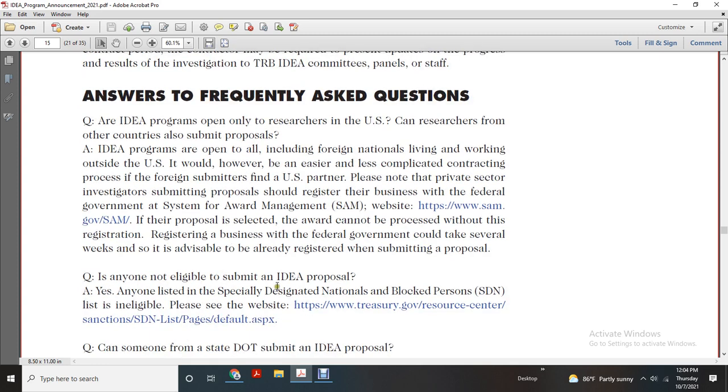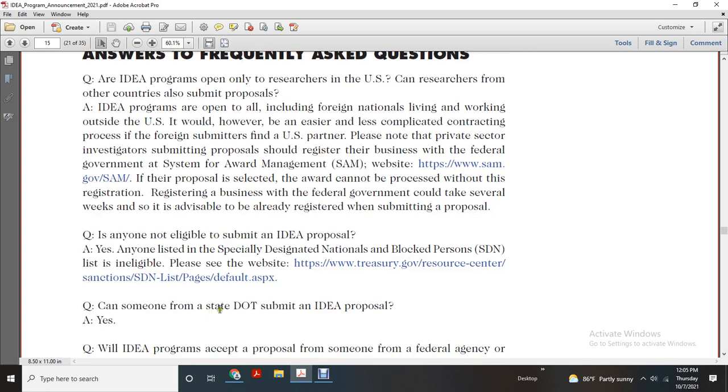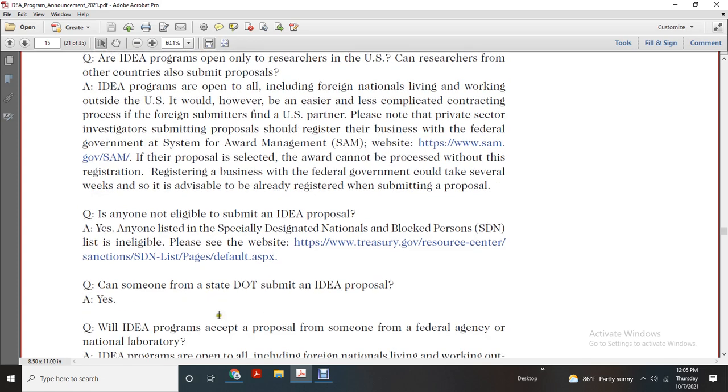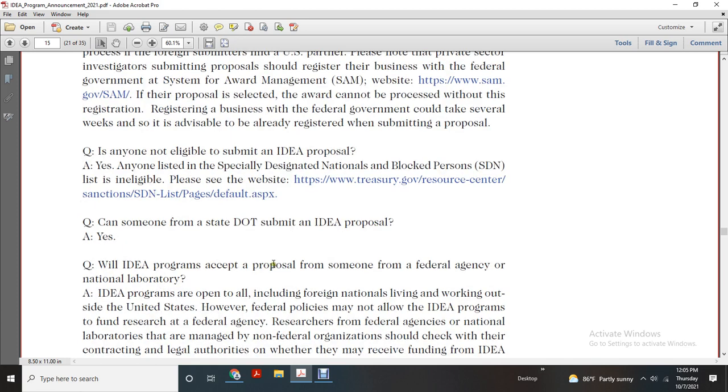Is anyone not eligible to submit an IDEA proposal? Yes. Anyone listed as a Specially Designated National or Blocked Person, the SDN list, is ineligible. Please see the Treasury.gov Resource Center sanctions SDN list page. Can someone from the state submit an IDEA proposal? Yes. Will the IDEA programs accept proposals from